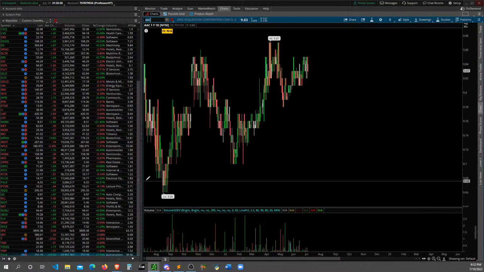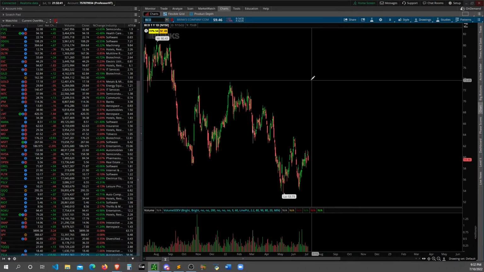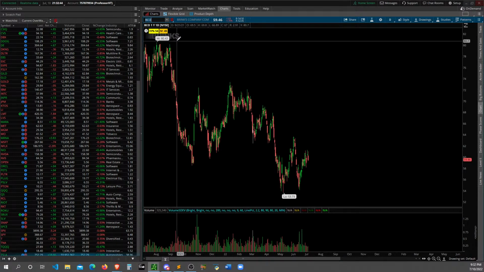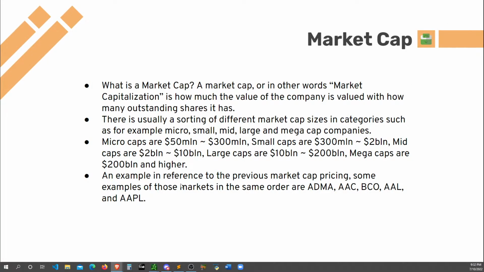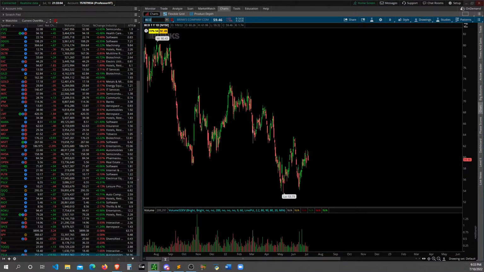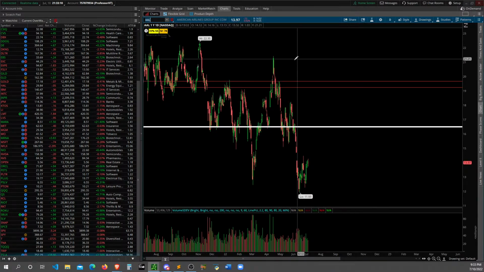BCO, we're looking at a $60 company, Brinks. So everybody knows Brinks. But this is a $60 company, and this one is going to be valued mid cap, 2 billion to 10 billion. Large cap, American Airlines. Now, the stock prices don't always reflect whether or not they're mid caps or large caps or whatever. As you can see, this one's a lot lower in value versus Brinks. But American Airlines is